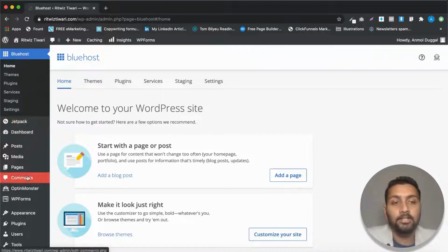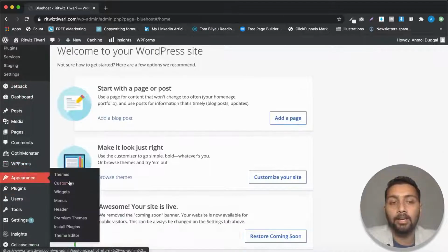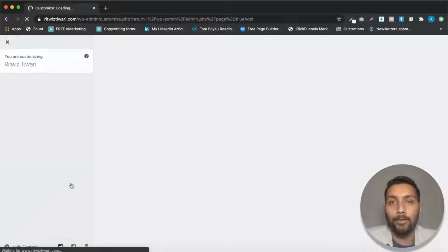So let's go ahead to the appearance part, click on the customize option, and start customizing our theme for our website. And you will now get to see how the basic look that is present right now for our website can entirely be changed if you have a certain design in mind, and what customizations you can do that will make your website look a lot better than it currently looks.